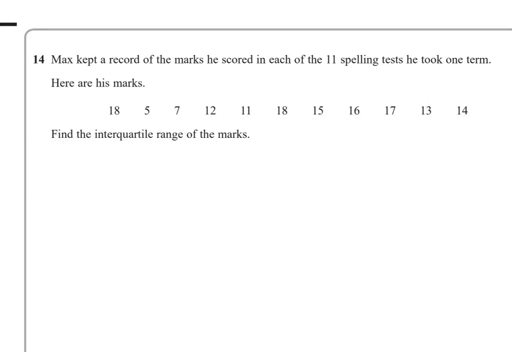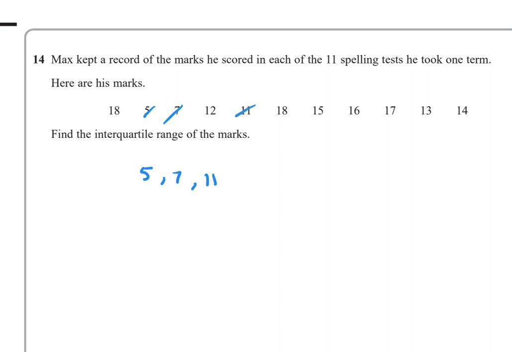Next one, number 14. Max kept a record of the marks he scored in each of the 11 spelling tests he took one term. Here are his marks. Find the interquartile range of the marks. To find the interquartile range, we need to put them in order. So if we put them in ascending order, so 5, then 7,